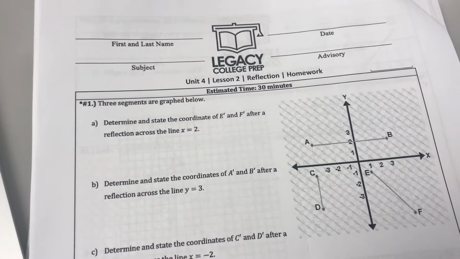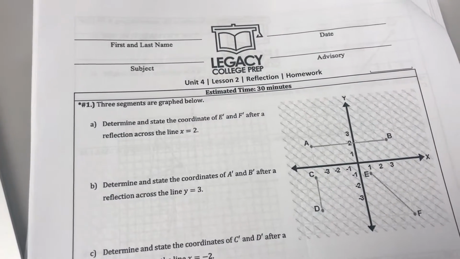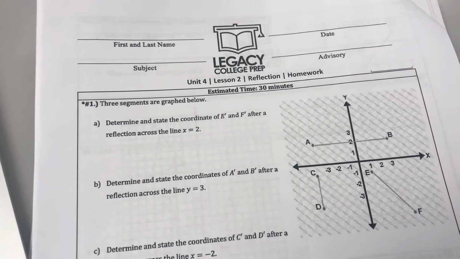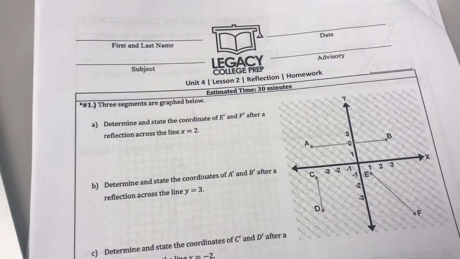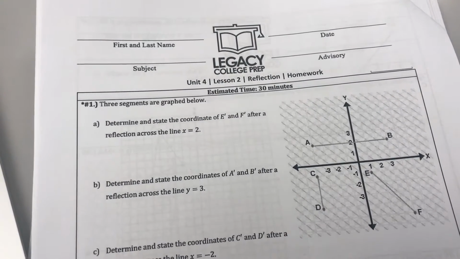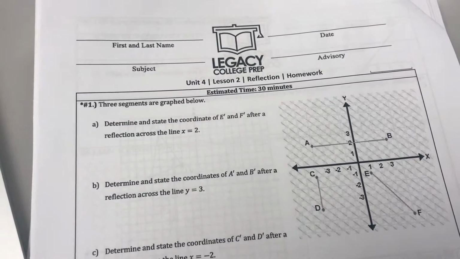Alright, there's no way you could actually begin to understand this homework if you didn't watch the previous homework video, okay? So make sure you're watching the previous video to actually do this work. It says, determine and state the coordinate of E prime and F prime after reflection off of the line